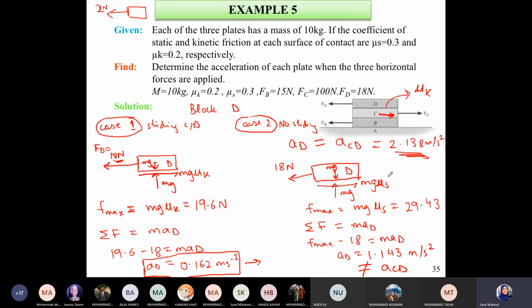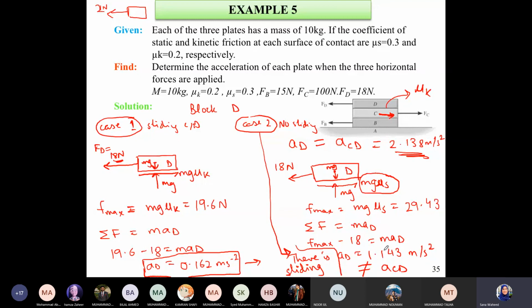मतलब ये कि this static friction is not enough to keep C and D stuck together. It does not lead to D having the same acceleration as C, such that this case does not, मतलब ये कि actually there is sliding. वो आपस में साथ चिपके नहीं रह सकते।